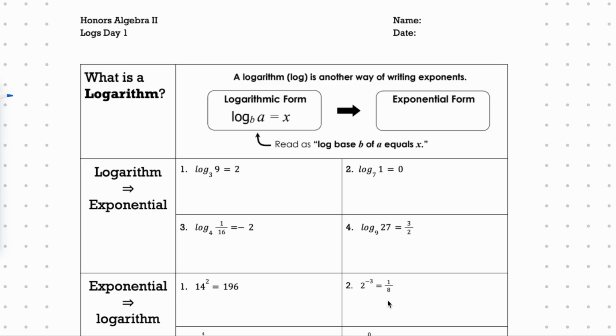What's up? It's Ryan. Today we're going to be going over a little bit of logarithms. We've been working with exponentials a lot thus far, and so we've gotten pretty comfortable with those. And so what we're going to do now is explore logarithms, which are basically exponentials but in sort of reverse